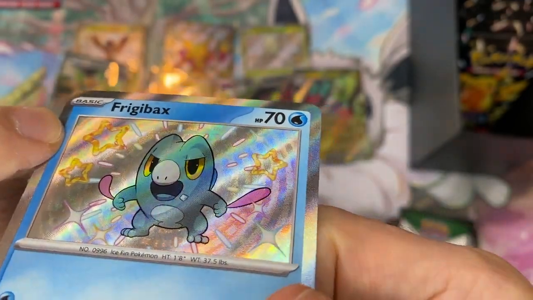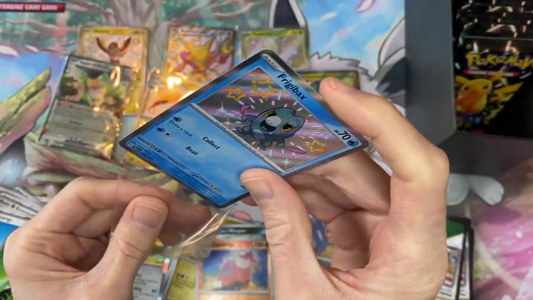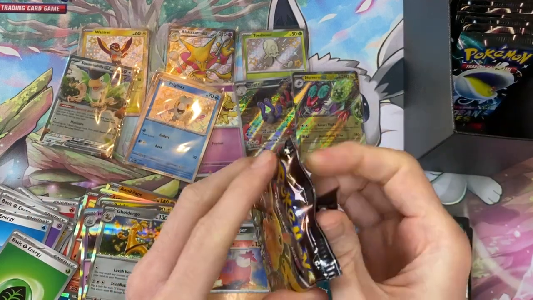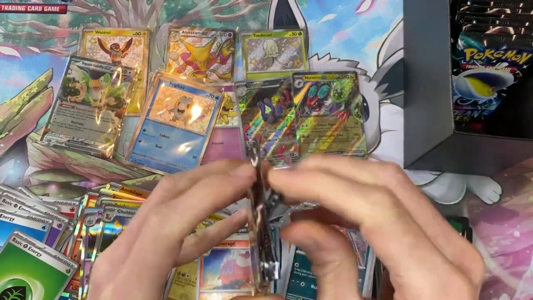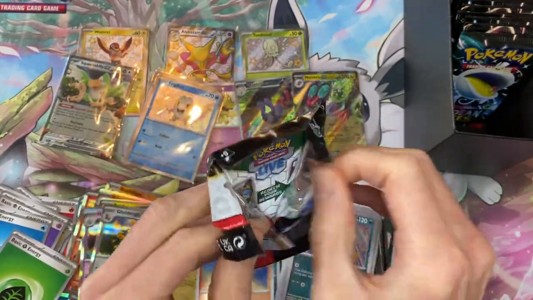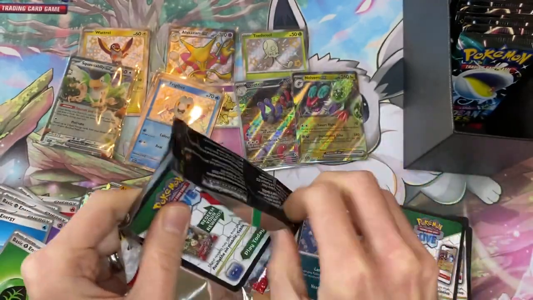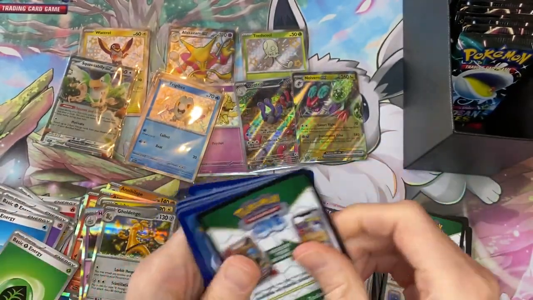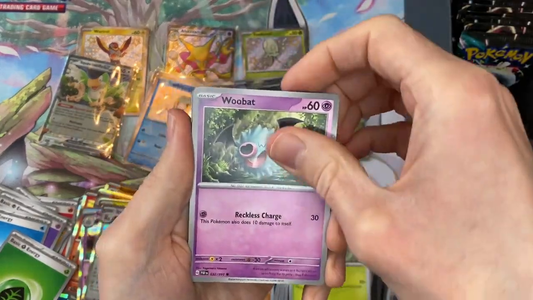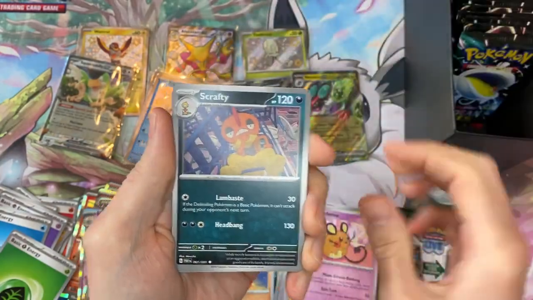There's a print line running all the way across, which you do see. You can see that on the Japanese side quite frequently, like in the VMAXs, when it used to be VMAX era. There were quite a lot of print lines across Japanese cards. I didn't tend to see it too much on the English side, but